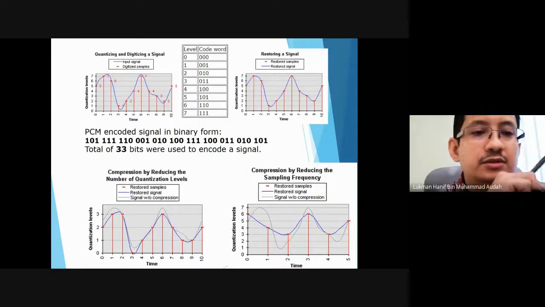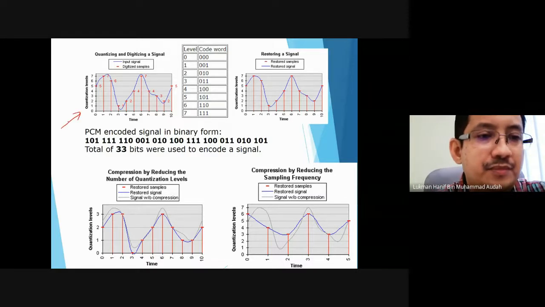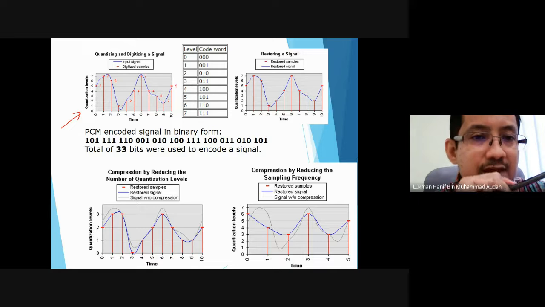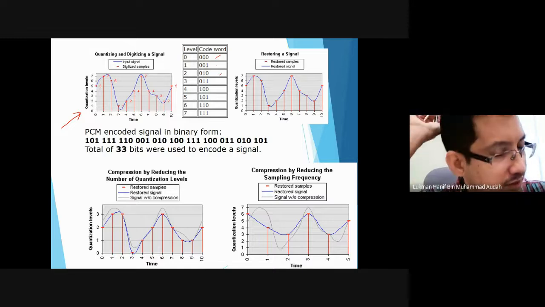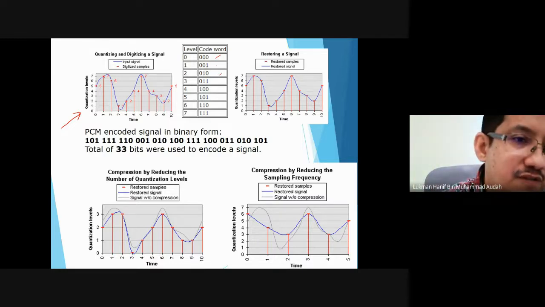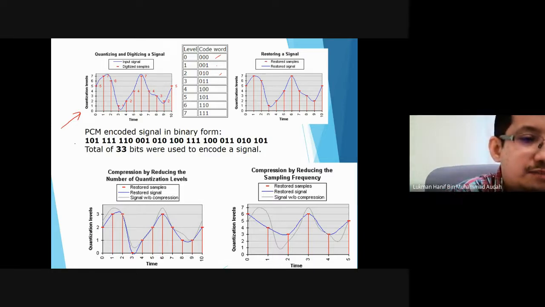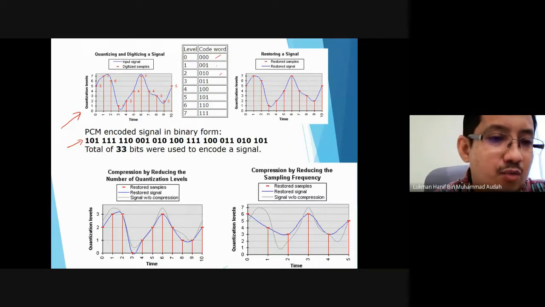So ini contoh-contoh quantizations. Ini pun kita dah lihat yang ini. So maknanya di sini ada beberapa samples. Dan level ini dia menggunakan 3 bit, so ada 8 levels. Okay, there are 8 levels. So each level is assigned with specific code word. Okay. Dan di sini ada dilihat level 5, level 7, level 6, level 1, 2 dan seterusnya. And each level is mapped to the code word, so that means dia akan dapat seperti ini 101, 111, 110, 001 dan seterusnya